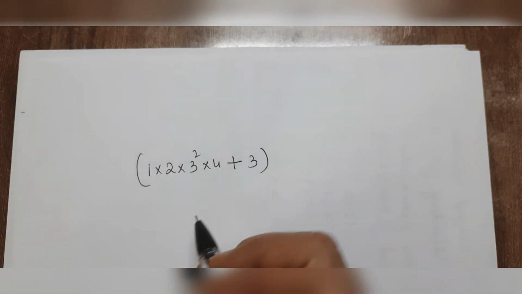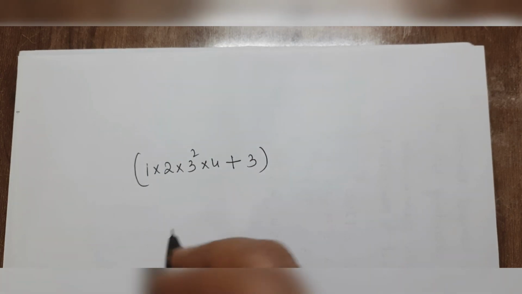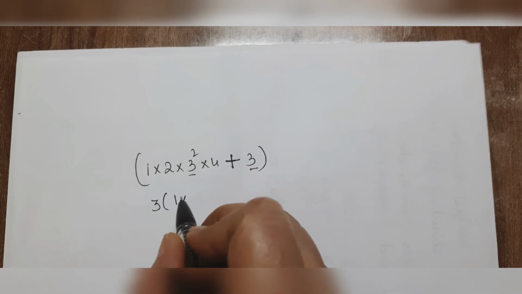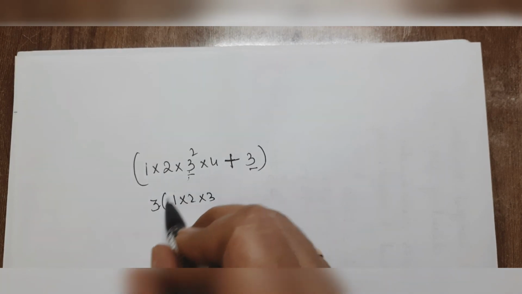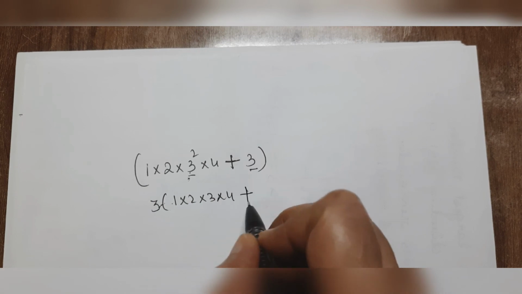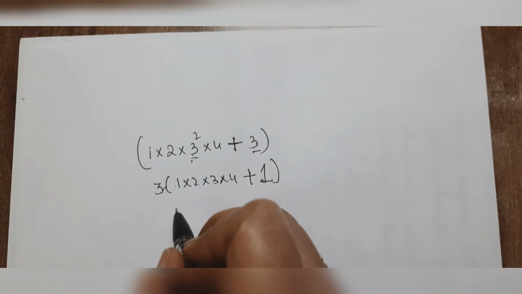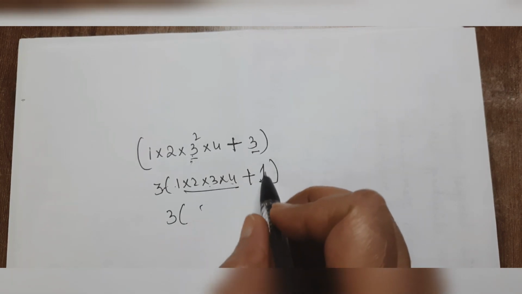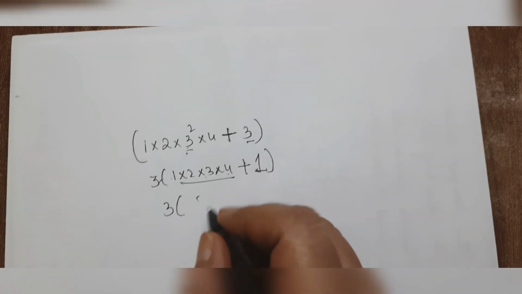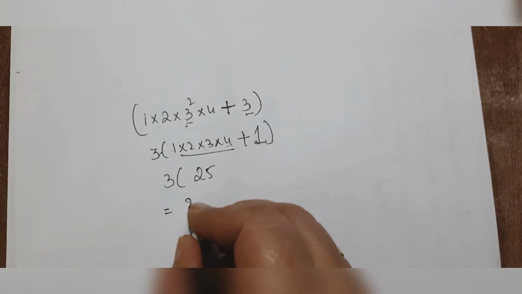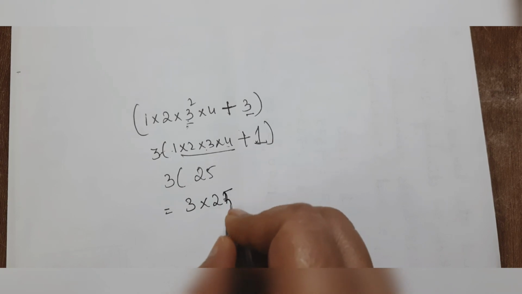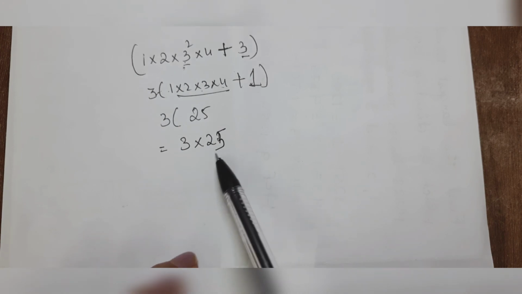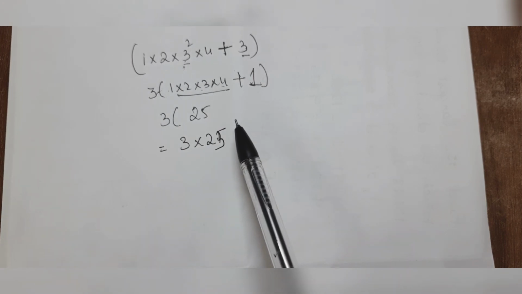One more try with this number, to prove that it is a composite number. Here 3 and 3, plus sign separator, 3 pulled out, 1 into 2 into 3, only one number is out, so into 4 plus 1 because this is out there. So 3 into 4, 3, 12, 24, 24 plus 1, by the rule, multiplication then plus, 25. You need not write it as 75. You can just say the given number has at least 3 and 25 as its factors, so it is a composite number.